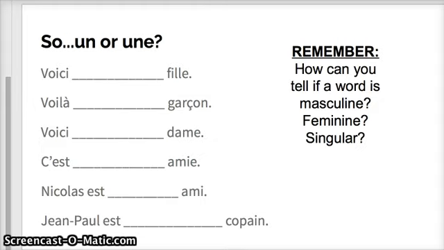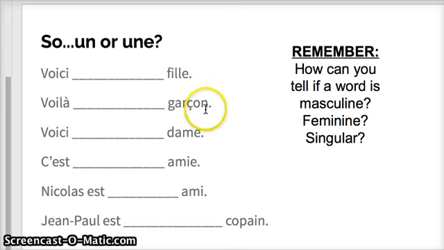And you're going to say, is this voici une fille or un fille? So you have to decide by looking at this word on the end of the sentence here. And you have to decide, is it masculine or feminine? So if you've got fille and it ends in an E, is it going to be masculine or feminine? It's going to be feminine. So looking at your chart, what are you going to put in that blank? Are you going to put un or une? You should pick une, U-N-E, because fille is feminine.